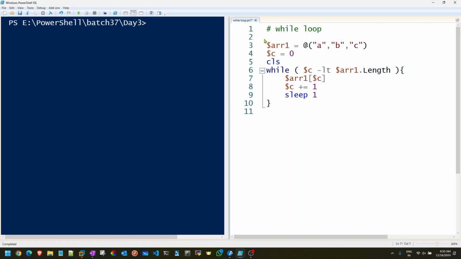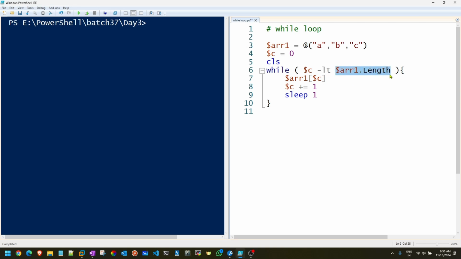While loop, where basically what I have done in line number 3, I created an array. Any doubt with this particular array? Okay, it contains 3 elements inside it. You can add more. Next, I have created a counter variable, which is initialized with 0. Okay, starting point. And here then run the loop where counter is less than (LT is less than)